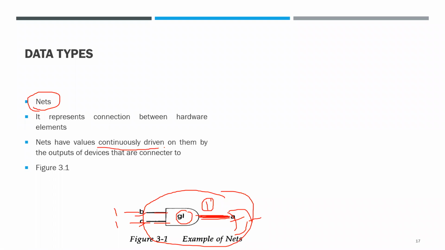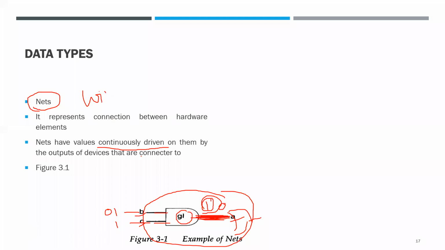That is what it represents. It is continuously driving this signal one, so you will have a continuous output. Supposing any one of them becomes zero, the output should be zero, and this zero will be driven on this net. So it is nothing but the wire that you are specifying. It is the wired connection that you are specifying.